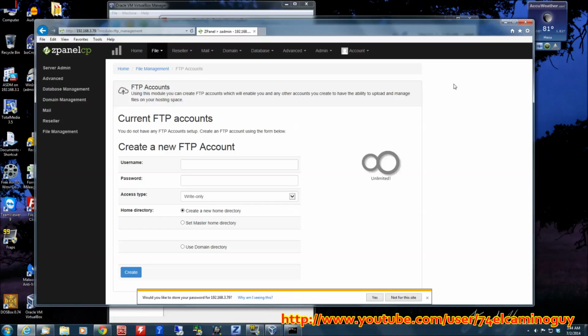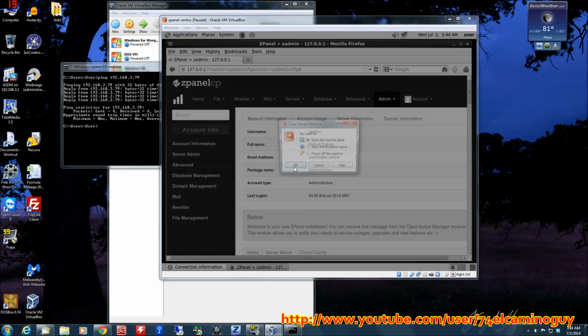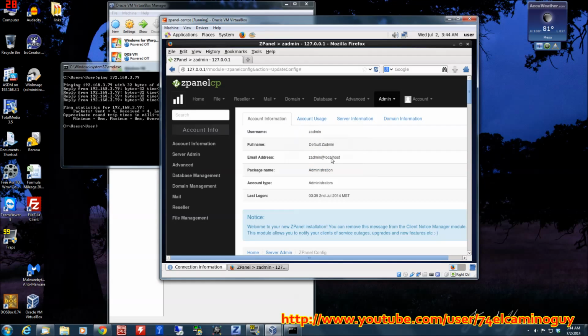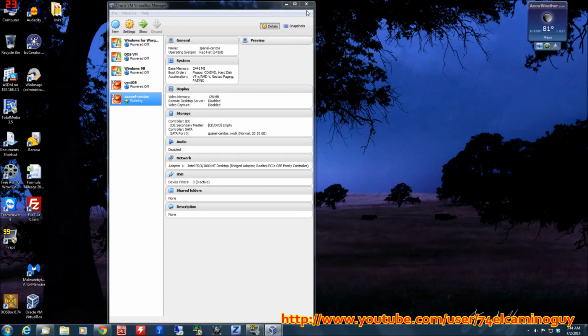So anyway, that's zPanel. That's the install. And you can see it's not too hard. I can start dropping directories left and right if I wanted to. In fact, as I close, I'll actually show you. No, we won't do that. We'll just minimize it. I can actually show you a site